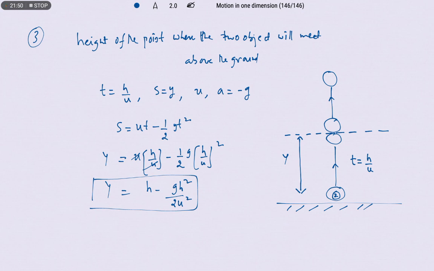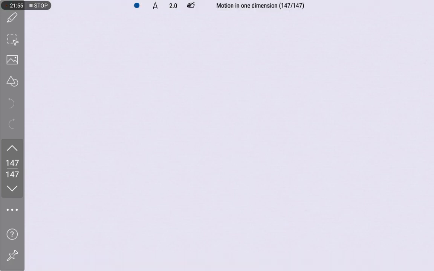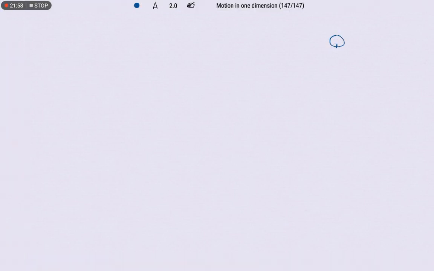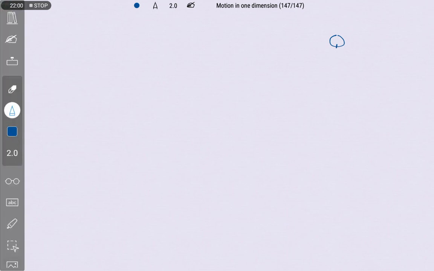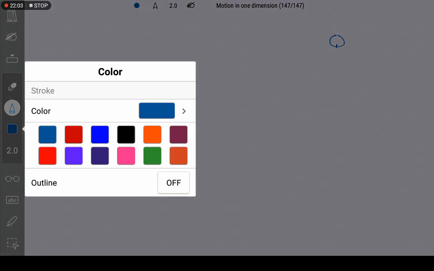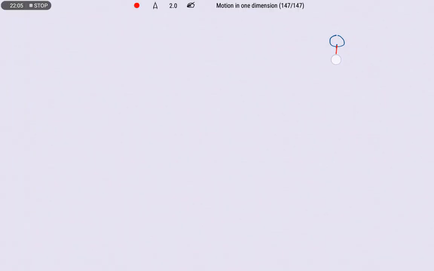Now the question is, at what time will their velocities be equal? So if this is freely falling, as it is moving in the vertically downward direction, its velocity is going to increase due to acceleration. Suppose its final velocity becomes v1. What is the initial velocity of this? Initial velocity of the freely falling body is 0, and the initial velocity of the vertically projected upwards body is u. So u2 is equal to u.